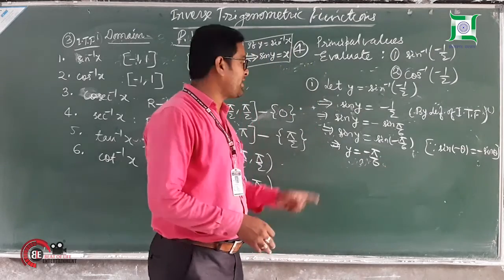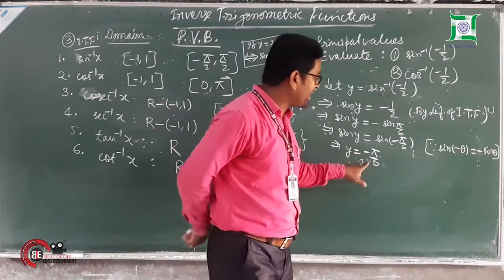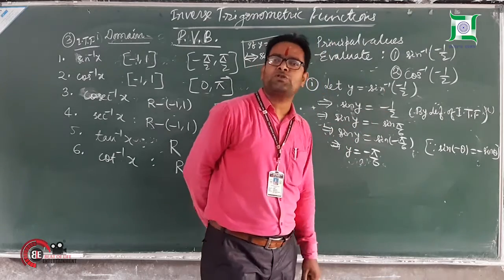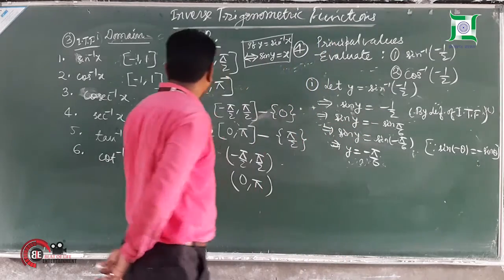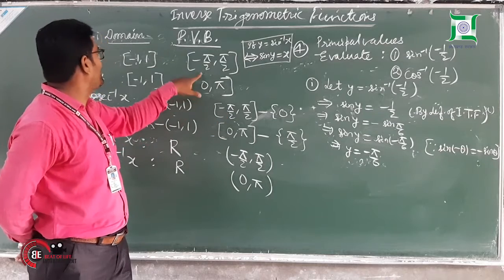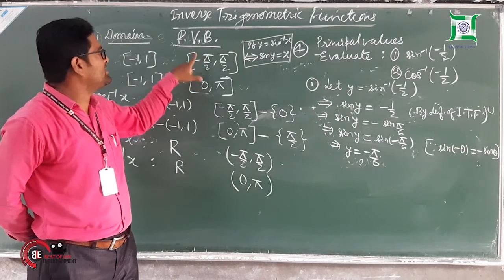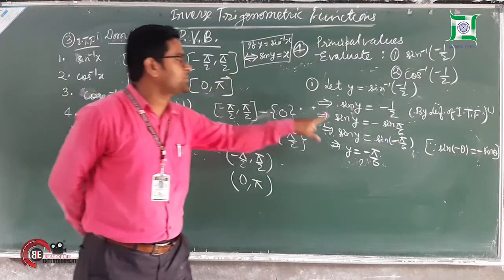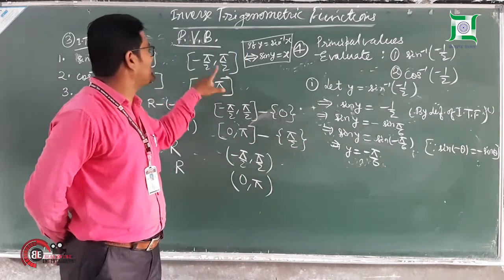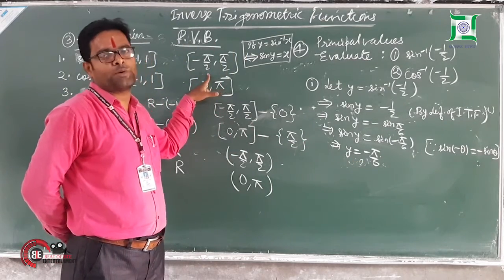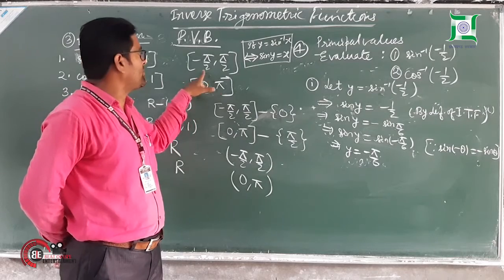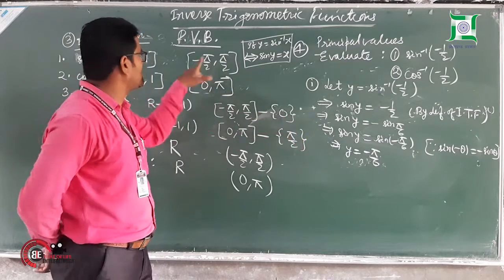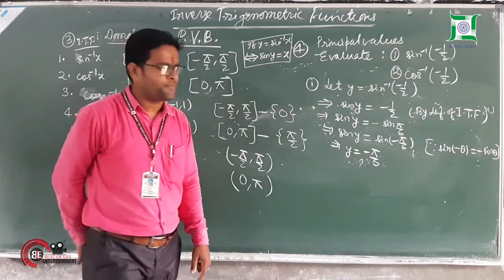Now, why will I write minus pi by 6? You know why? Because minus pi by 6 comes in the principal value branch for sine inverse. You can see here. That is minus pi by 2 to pi by 2. This one, sine inverse x. What is its principal value branch? Minus pi by 2 to pi by 2. See, minus pi by 6 comes within this interval, minus pi by 2 to pi by 2. Okay, everyone? Because it is minus pi by 2 to pi by 2, we are getting minus pi by 6, that is minus 30. So, minus 30 is coming between minus 90 and plus 90.